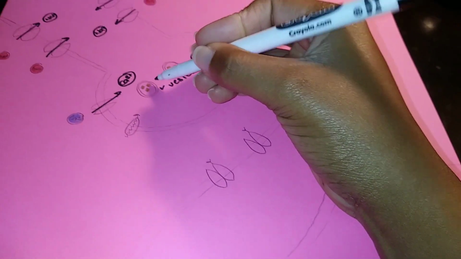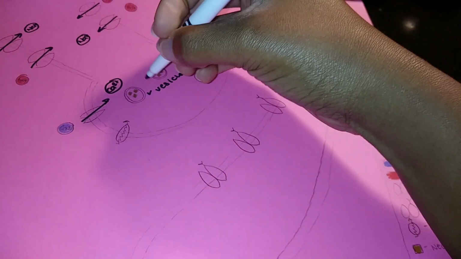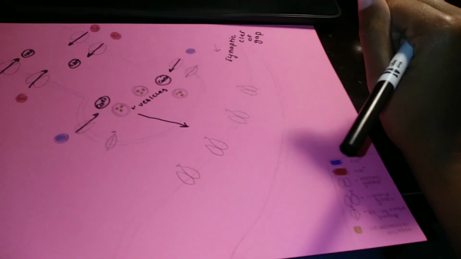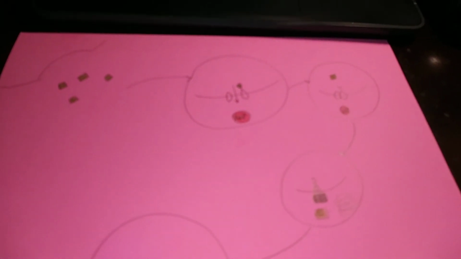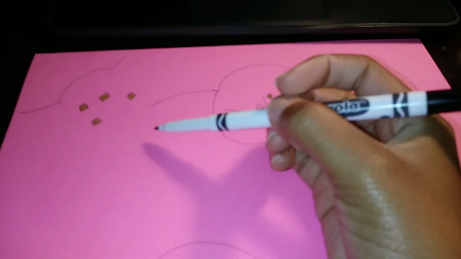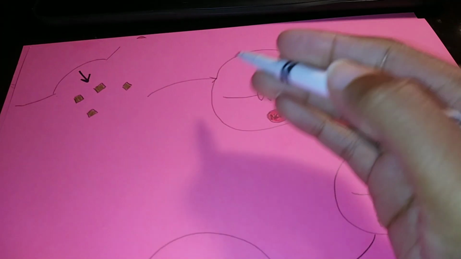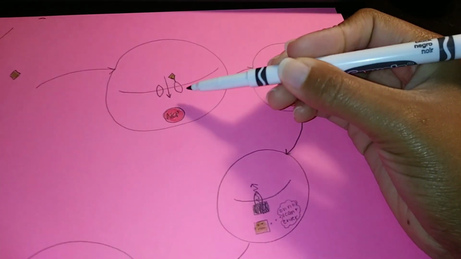So the green squares inside, we're going to take them and dump them into the synaptic cleft, or the synaptic gap. We're just going to look at it as if it was dumping out one of the vesicles. So the vesicles dump out the neurotransmitters, and they move over to the